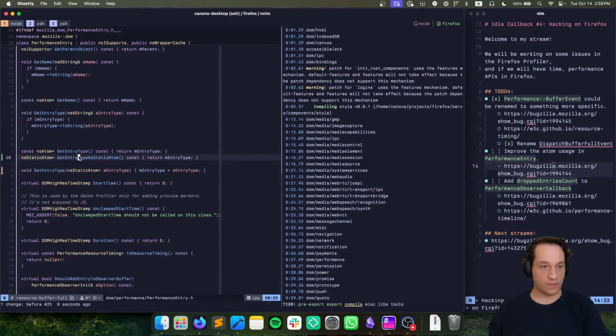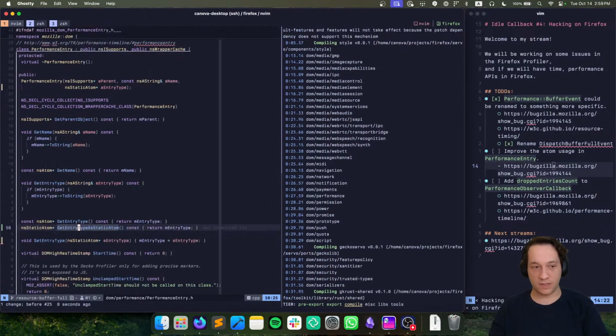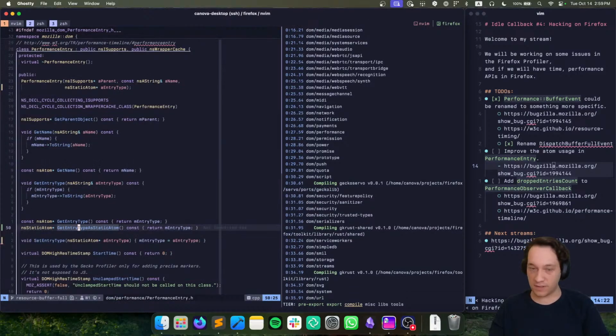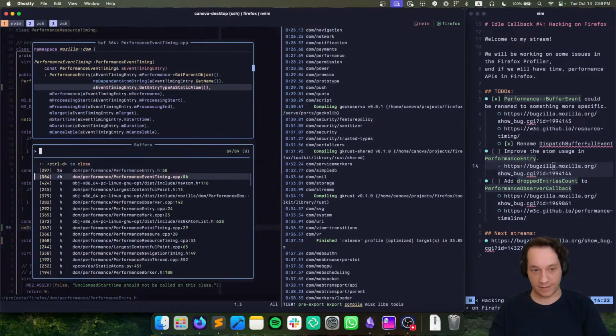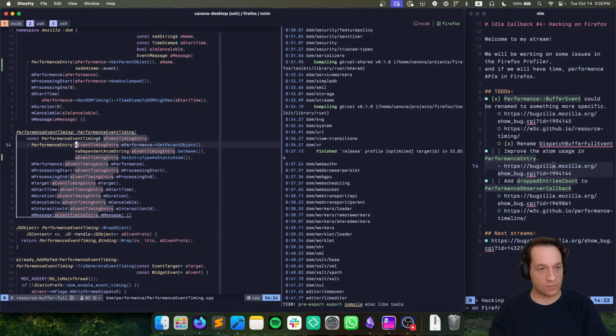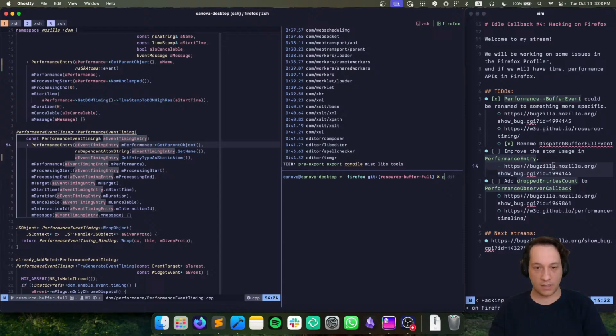Yeah, this should build now. It's taking a while because I'm changing the headers all the time, and Firefox is a big code base, and it takes a while to build everything. But this should work. And let's check the